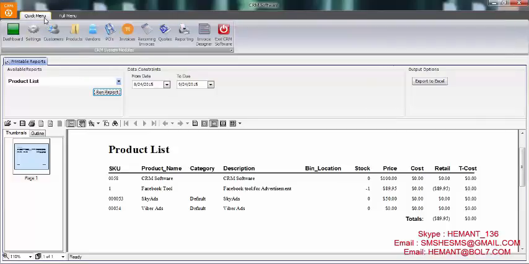So guys, this was all about the CRM software. It is a very powerful software and you can use it for your daily needs. It would make your business simpler, make you look smarter, and it would just revolutionize the way you work for your own market, for your own store.